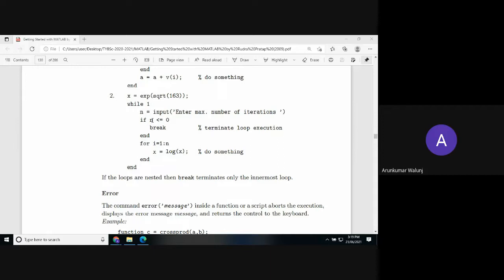Say if n is less than or equal to 0, so long as it is true, 10 is not less than or equal to 0, you have to break it. So break, termination of the loop, will take place here as an intentional break in the program, whether the condition is true or false. Say 1, say number of inputs, say even 0. In that case also it is going to break. So this is the break depending upon the validity or invalidity. 99% invalidity.